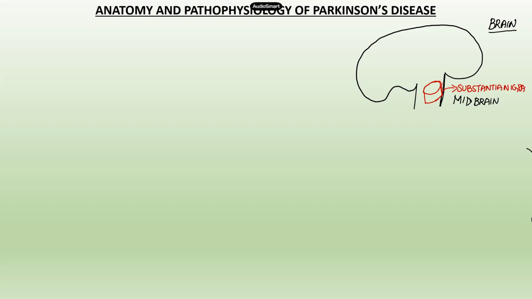So this is the first player of your brain that is involved in the disease Parkinson's. Now, basically, the substantia nigra and the other players that I'm going to introduce to you are nothing but masses of gray matter. Right. So this is the first thing that you have to take into consideration, the substantia nigra, which is located